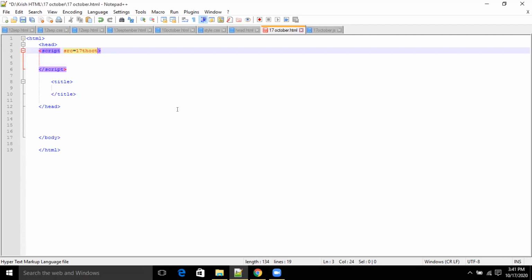No. What is the file's name? I thought this is a JavaScript file. What is your JavaScript file's name? 17th October. So write that name of the file, and remove th. You have to write that in quotes.